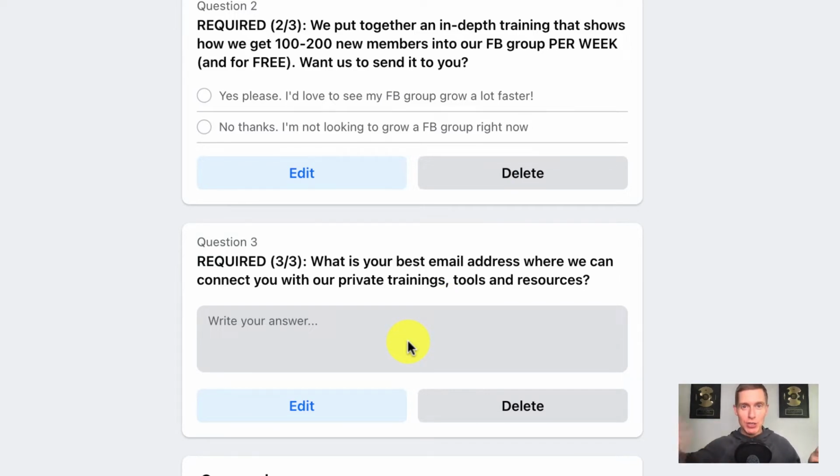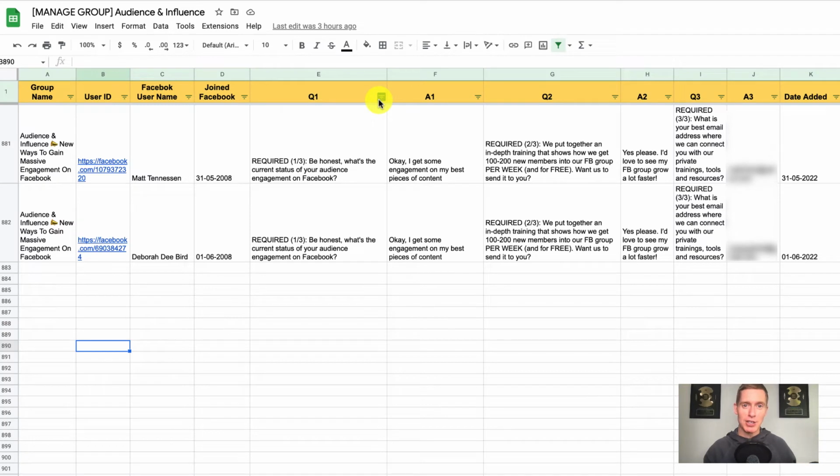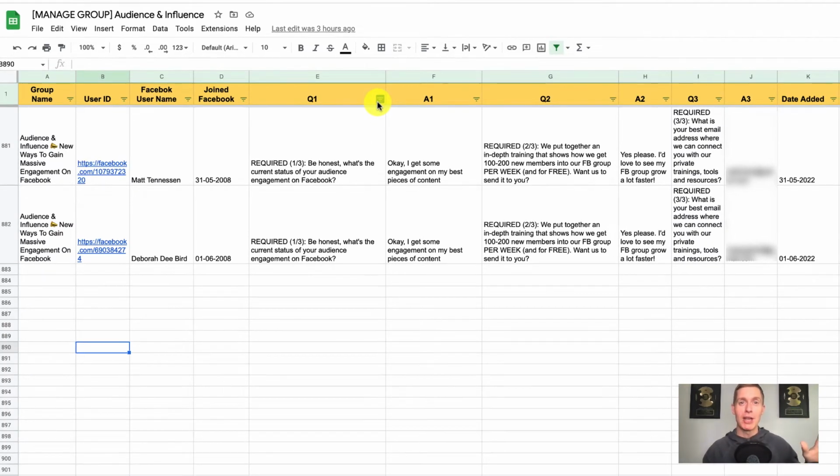And we want to be sure to use those email addresses to drive engagement inside the Facebook group. How do we do that? Well, if I accept new people who have answered these questions and I just accept them into the Facebook group, their information is going to go away. I'm going to lose their email address. So instead, what I want to do is move those people over here. I've got a spreadsheet, a database that's set up with all the information of everyone who joins my group, including the answers to those questions, including their email address.